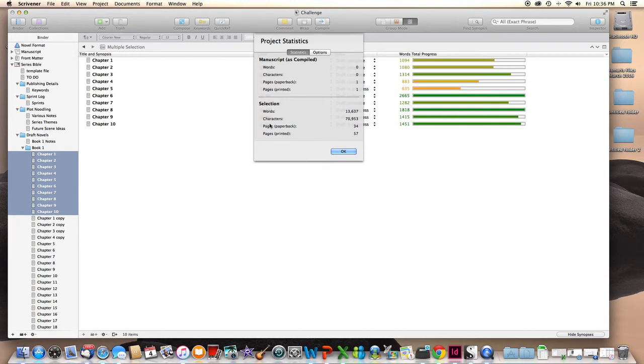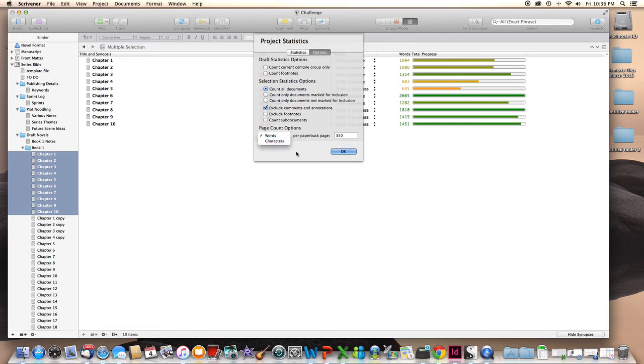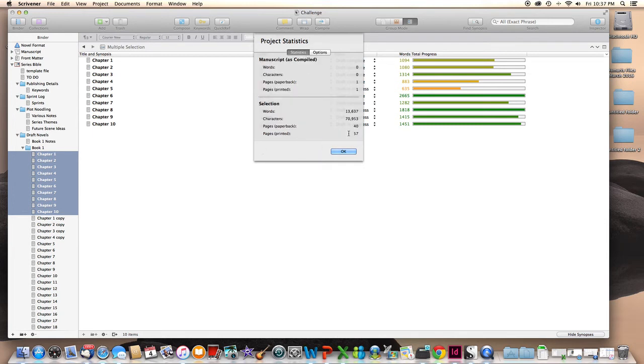Anyway, so you can change these estimates, I think, in a different file, yeah, right here you can change it. So if you think a paperback page is actually 300 words, you can change that, and then go back to statistics. That'll change that just a little bit. So I don't know if that's important to you, the paperback pages or the printed pages, but for the purposes of your word count, though, is you've got